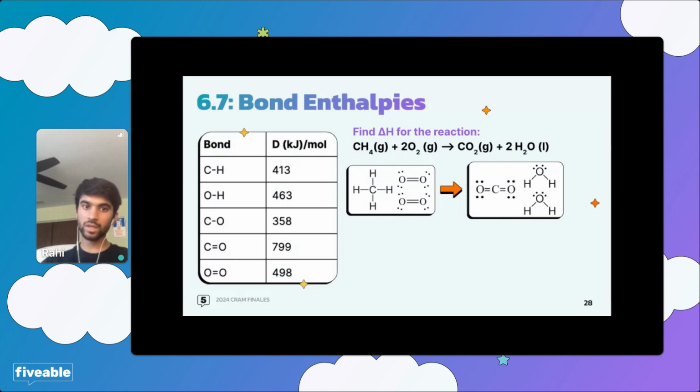Okay, so you want to do some math? Find the delta H of the reaction. This is the same reaction that we just talked about. So find delta H given some substances in the table. You have the bond energies, the bond dissociation energies in the table. You also have the bonds drawn out for you, but generally you should be able to draw them yourself, just as a little FYI.